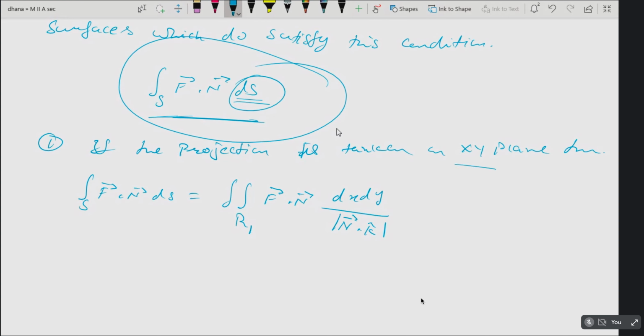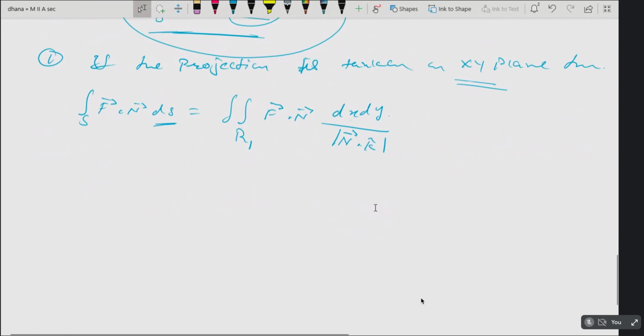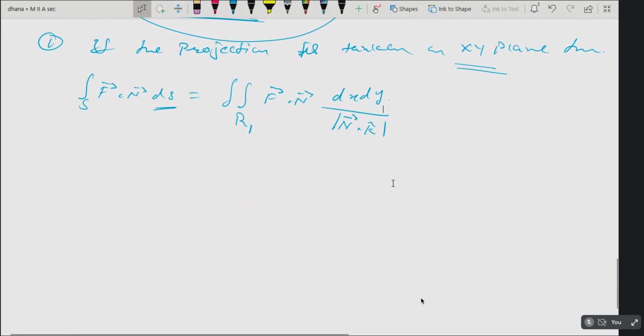If the projection is taken on the xy plane, then the surface integral f bar dot n bar ds will be equal to the double integral over that region in the xy plane of f bar dot n bar, and ds here is dx dy by modulus of n bar dot k bar, where you know n bar is nothing but the unit normal, the outward normal to the surface. Okay, outward unit normal vector is your n bar. This is the first thing. Similarly, you may take the projection